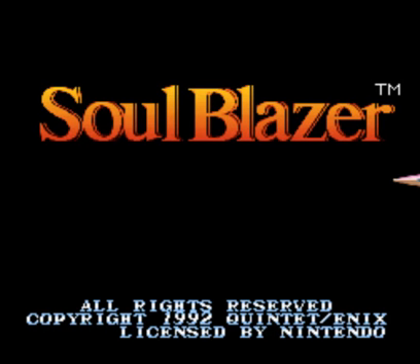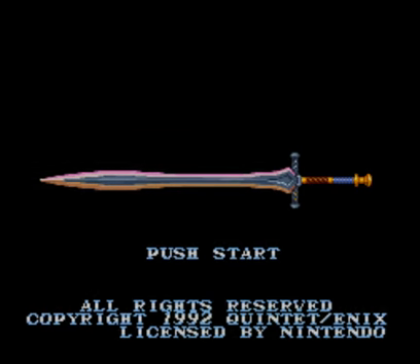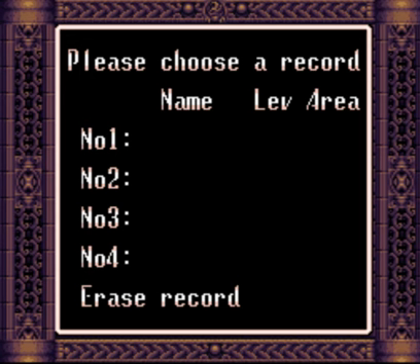This is Let's Play Soul Blazer. This is the first game of a trilogy made by Quintet and published by Enix. It was all on Super Nintendo. The whole trilogy is on Super Nintendo. So, this is the first game of the trilogy, and as you saw on the intro video,